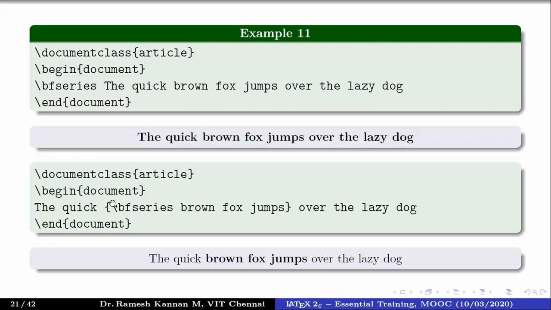So what I did is I open a curly bracket, then \bfseries, and the content, till whatever word I wanted to make bold. I've just selected that, and after that I close the bracket. Which means that the text between the open and close curly braces will be